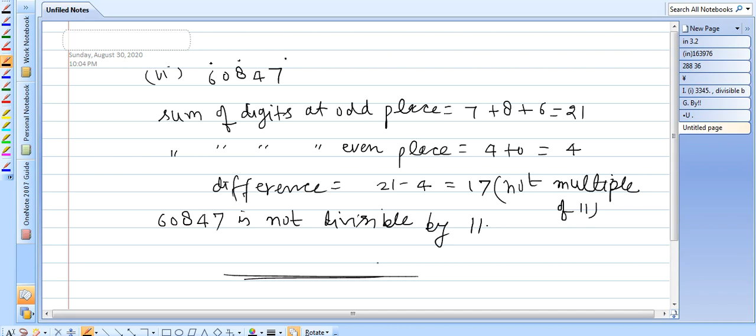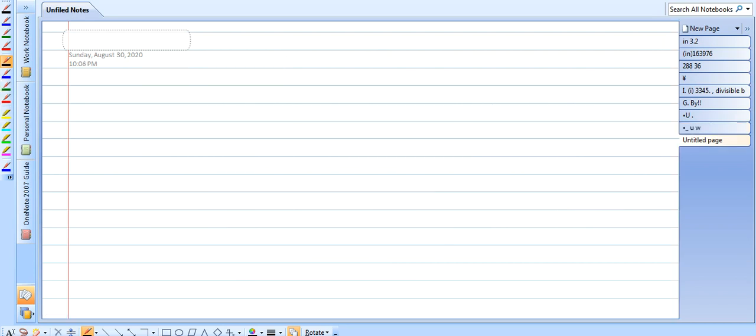Now question number 9. Note it down. This is also an important question. So to solve this, take first part. It is 5, 6 and it is star, means we have to find the value of this. So if we put a proper value instead of a star, this number will be divisible by 9.